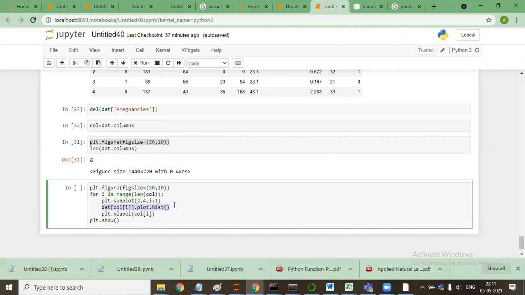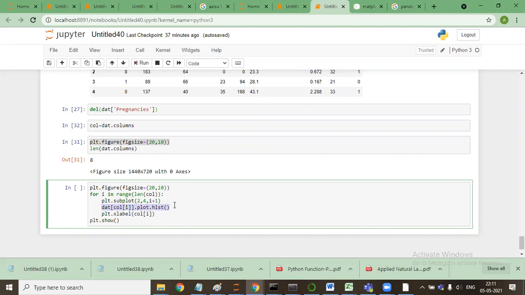Anybody else has any doubt? Sir, since we have used a loop here, all 8 graphs will come at a single time. First a 20 by 10 area is allocated.